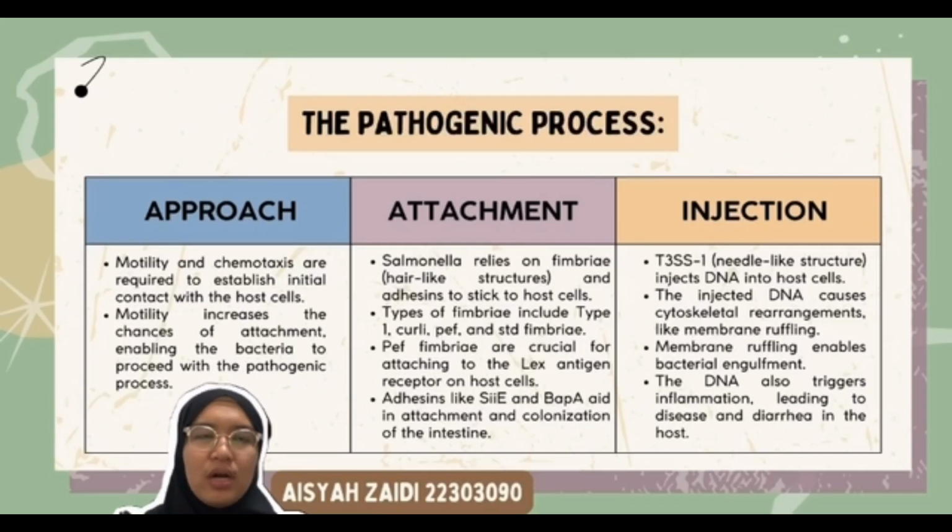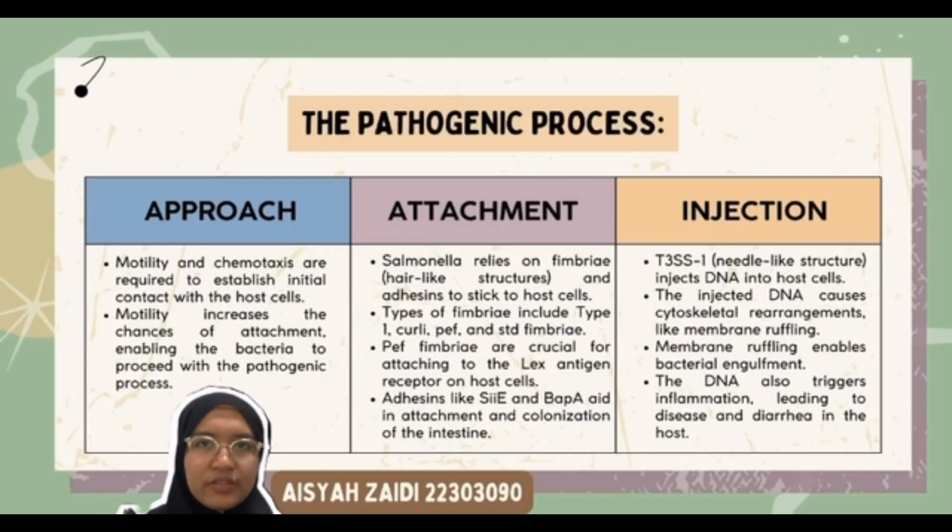Salmonella use fimbriae, which are hair-like structures, and adhesins to stick to the host cells. There are several types of fimbriae, including type 1 fimbriae, curly fimbriae, PEF fimbriae, and STD fimbriae. The most crucial type is PEF fimbriae, as it helps bacteria attach to a specific receptor called the LEX antigen on the host cells. Adhesins also assist Salmonella in attachment and colonizing the intestine, with proteins such as SiiE and BapA playing significant roles. After attachment,